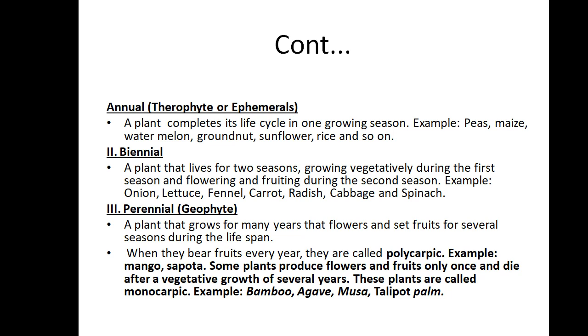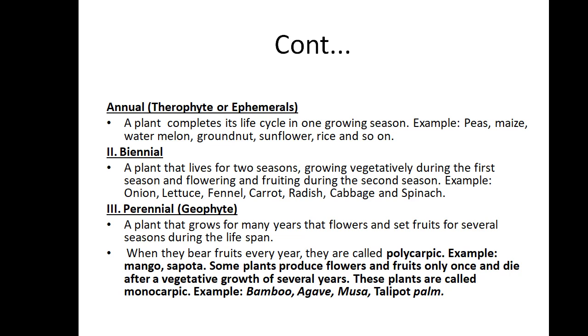For example, perennials are polycarpic kinds of trees. Why is it called polycarpic? Examples are mango and sapota. Some plants produce flowers and fruits once in a year, year after year, so it is called polycarpic. Mango we can get only in the month of May, and sapota also you will be getting in a particular month only. Mango you get in the summer season only. So in seasonal wise you will be getting these kinds of fruits, which is called